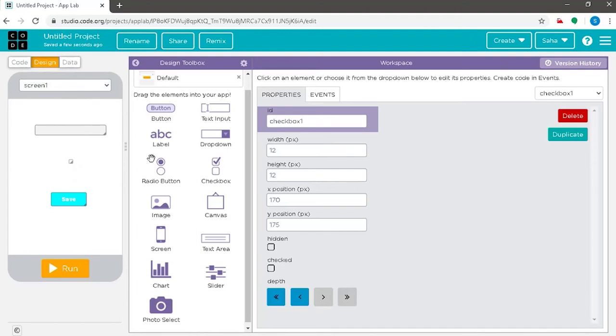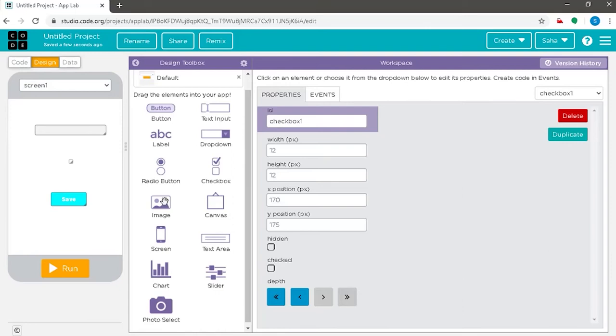which has got different properties again. There is an image element which enables you to add various elements of images to your visualizing screen. There is a canvas and a screen which approximates the appearance of your visualizing section.